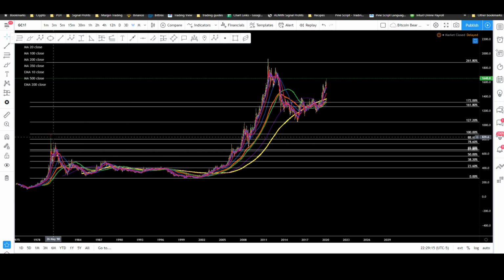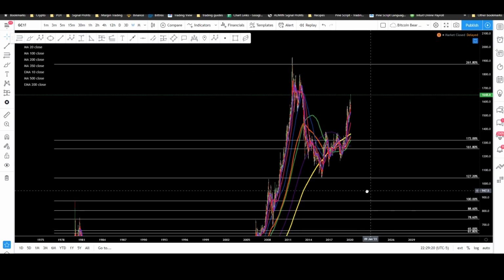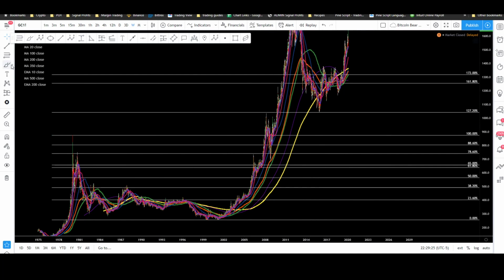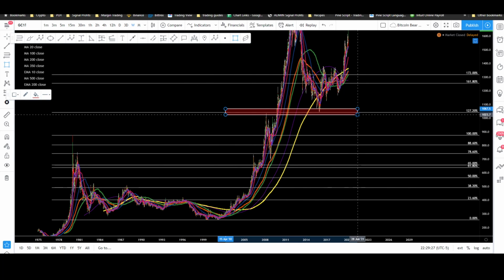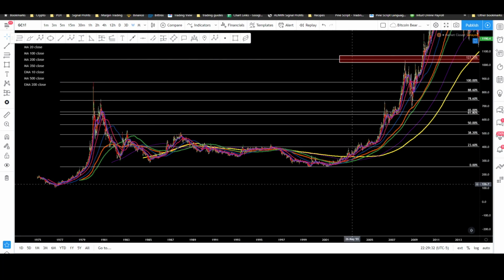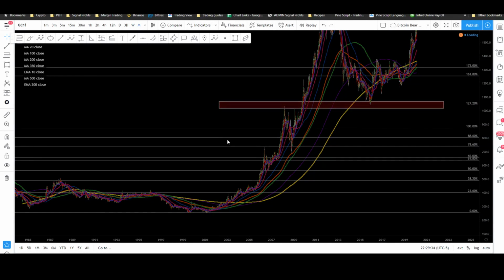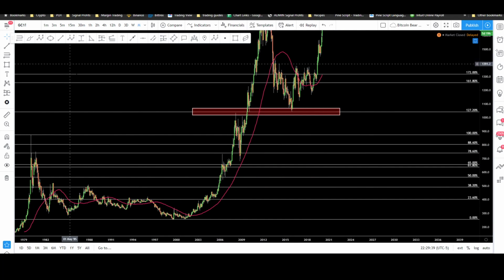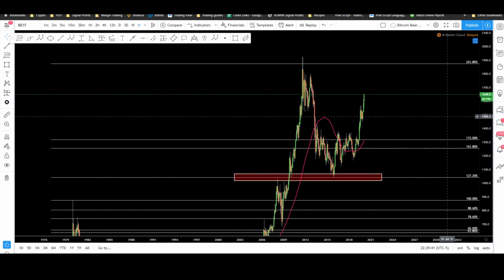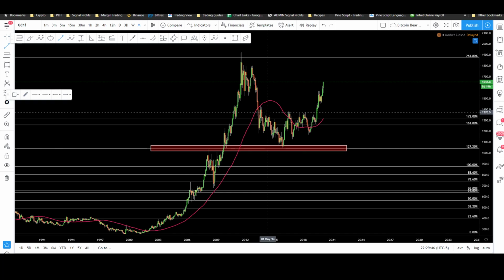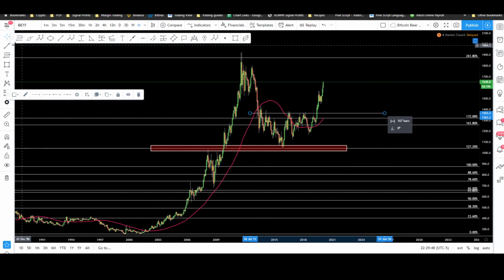So off this initial impulse, what we can see is that gold perfectly tagged our 261.8, came down, found support on the 127 extension. So as far as Canfield Fibonacci, I'm just using the gold futures chart because it makes a little bit more sense. As far as the raw data, I'm going to use the monthly actually, just so it's a little bit easier for you guys to see. And I'm going to get rid of all these moving averages. So the 261.8 was the money level, and then we formed basically this ascending triangle that I mentioned last year